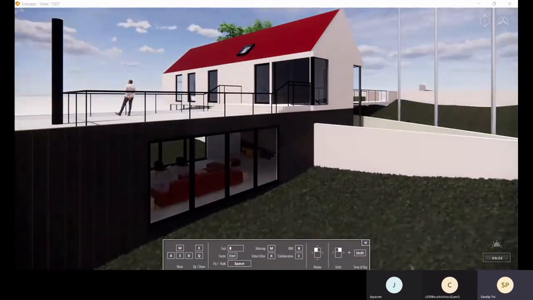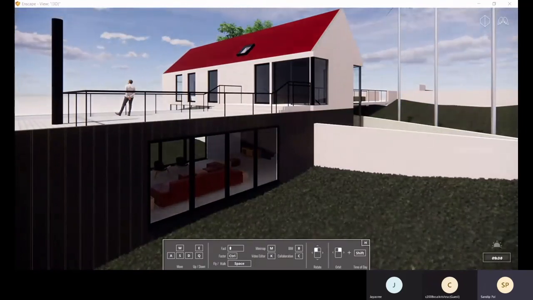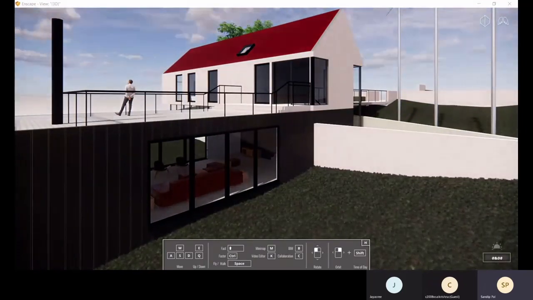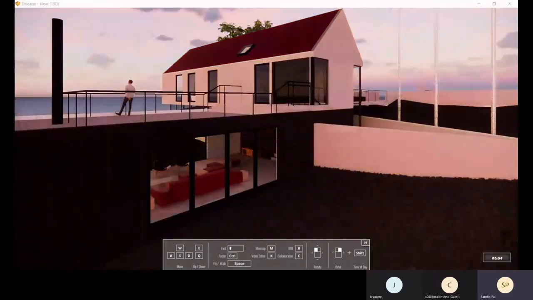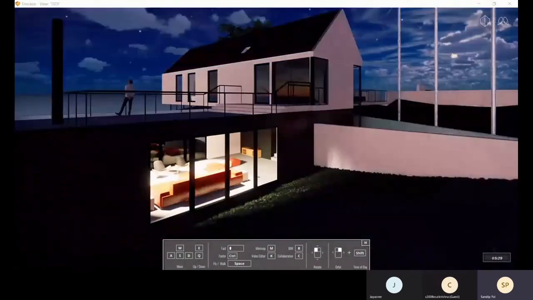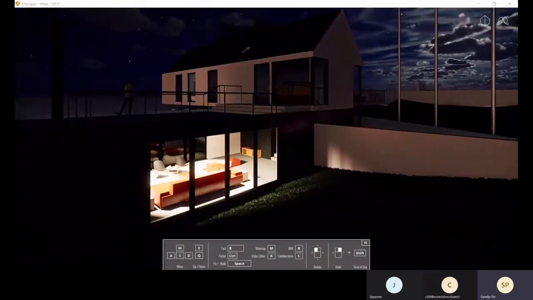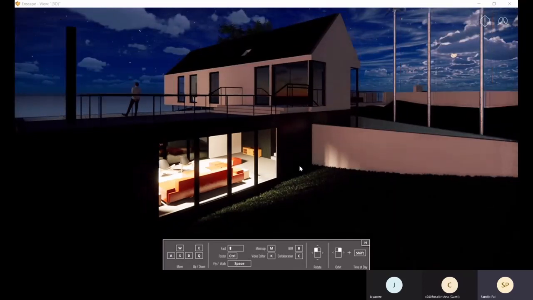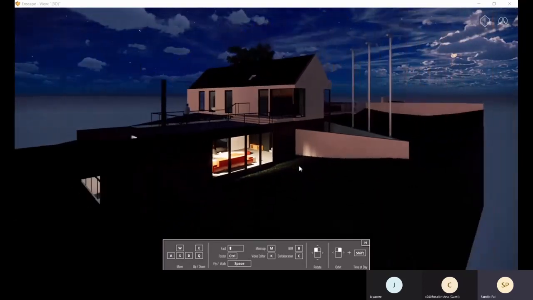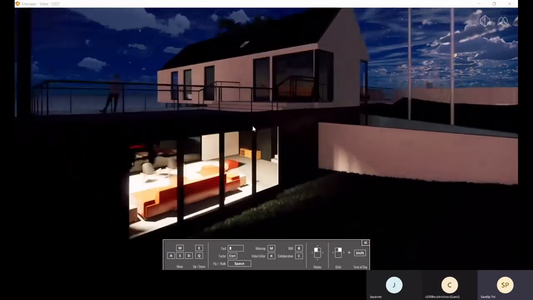Okay, and I'm now moving my mouse towards the left side. Starry night. So let's take a screenshot of this. We want a screenshot of this. And this will be absolutely right.